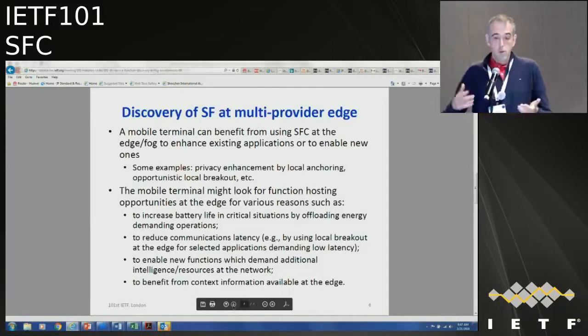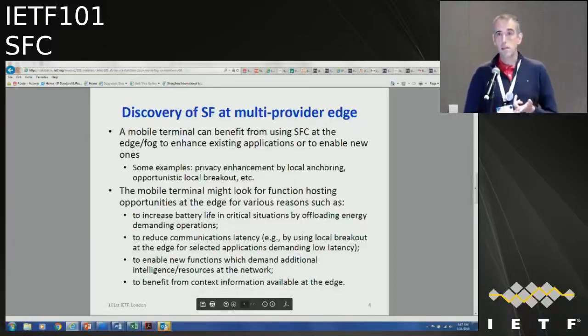And this is useful for many different reasons. That's what is covered in the second part of the slide. This may allow the device to increase the battery life of the mobile terminal. So we are really looking into a mobile terminal-centric scenario to reduce the communication latency from the mobile device by using local breakout servers or gateways that are available close to the final end user device.